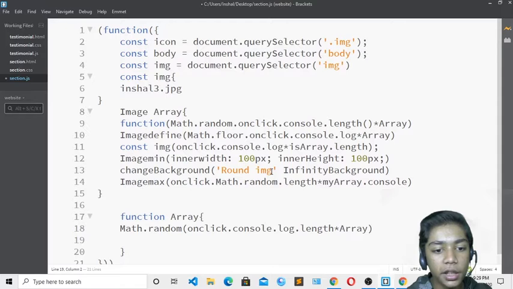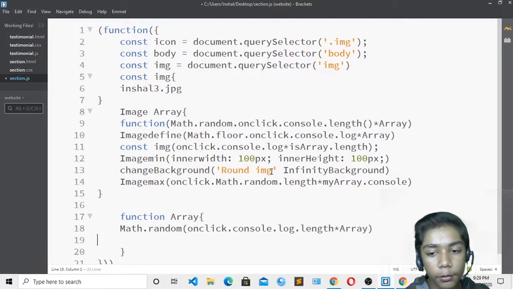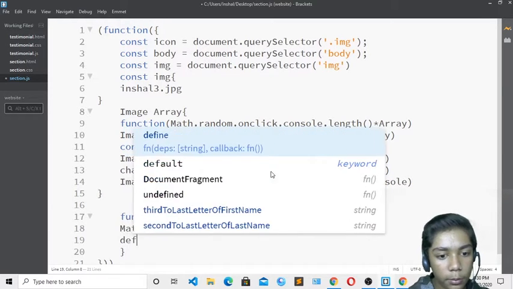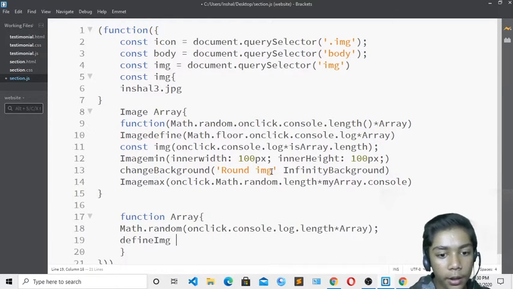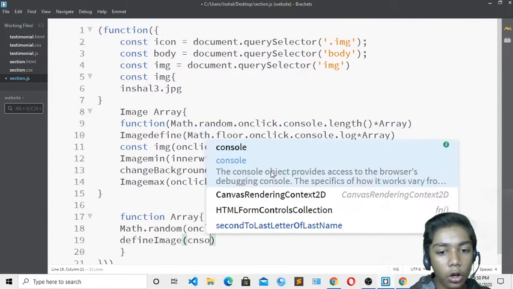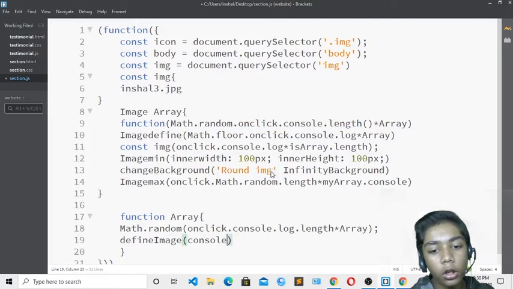Now it is good, just come over here, write define, because we have to define our page, so I will write define, d should be small, define image, and write console.log over here.